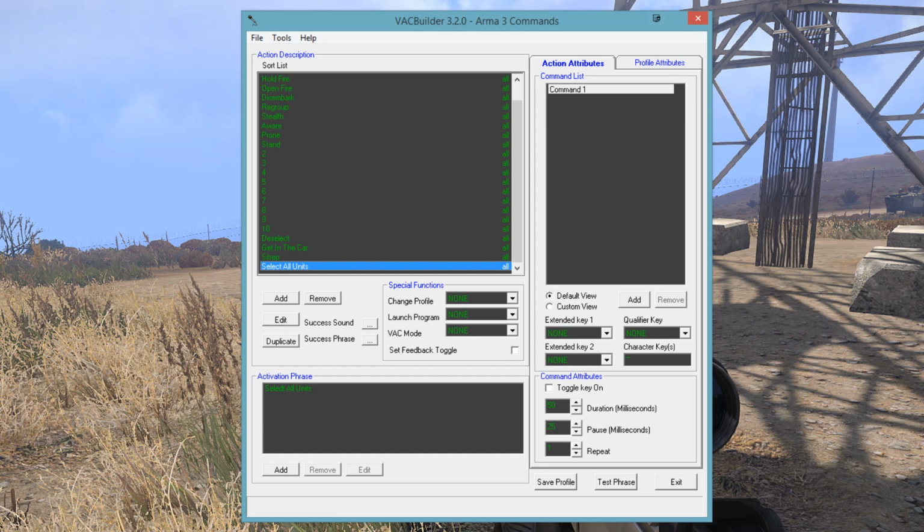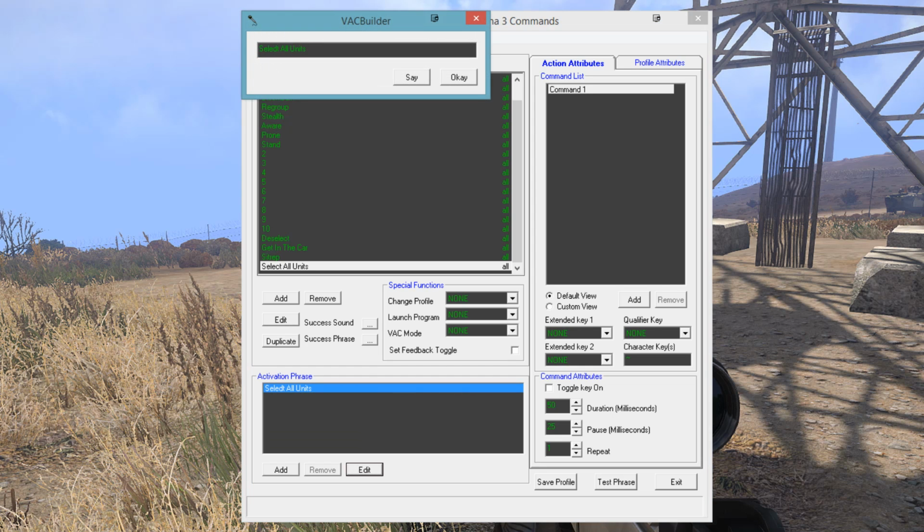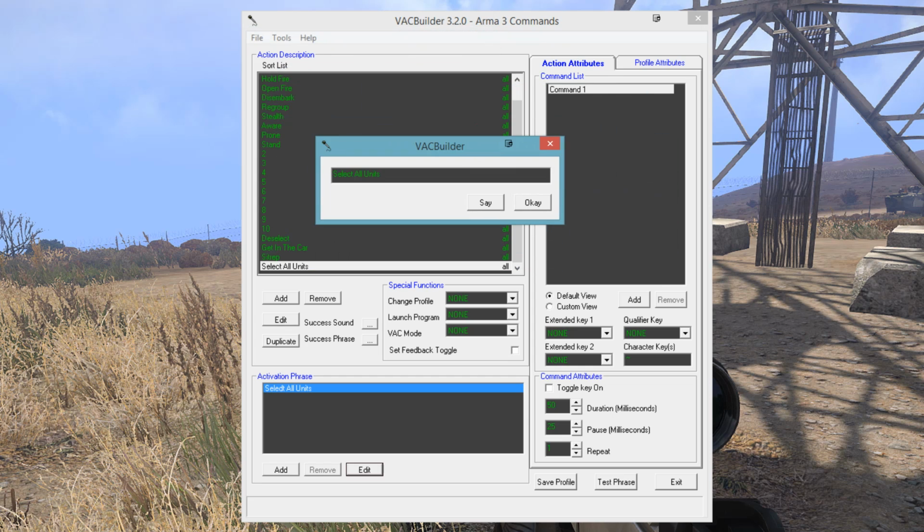Down here is the activation phrase. This is what you'll say to make it do the command. Now in this window, you can either type what you want to say, or you can actually say it, so it'll auto detect what you say. So I could say select all units, and then there it detected it. If I would just say muffin cake time,